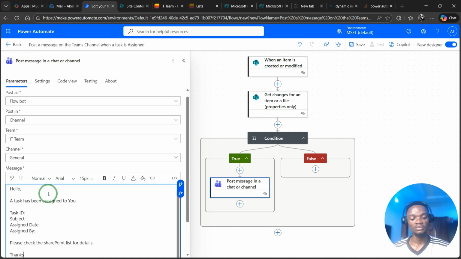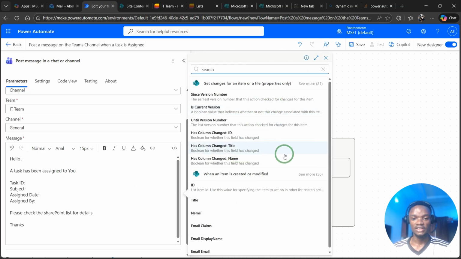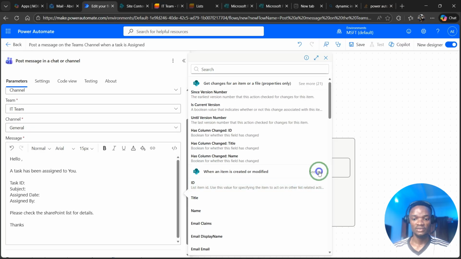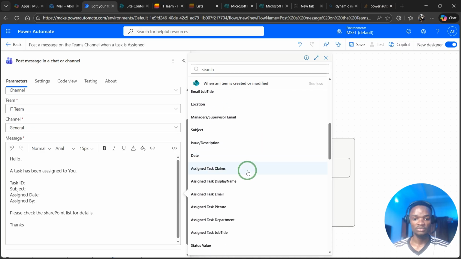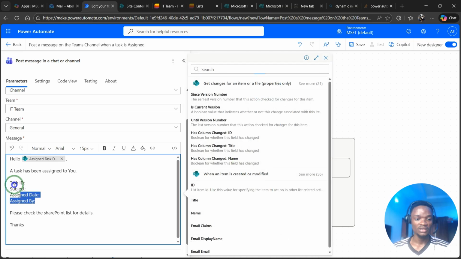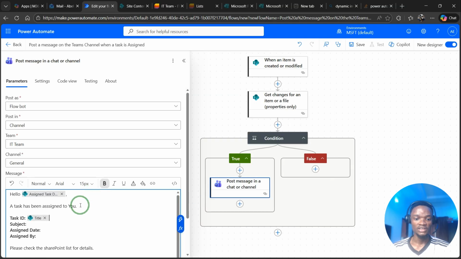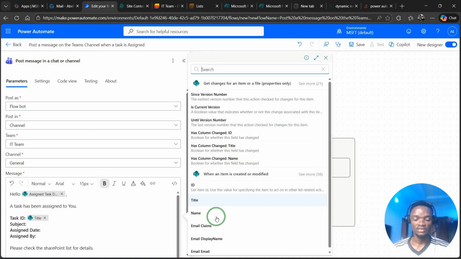So after that, I'm going to post a message. I'm just going to post a bunch of text, and first we want to greet the person the task has been assigned to. In our case is Adeva, or whoever the task will be assigned to. So I'm just going to select display name. The task ID will be the ID of the task, so I might decide to make all this bold. So the task ID will be the ID, the title, remember. The subject also will be the subject,